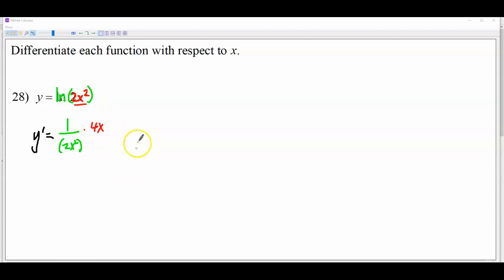And then we can go ahead and simplify this a little bit. First of all, 4 times 1 on the top is going to give me 4x over 2x squared. And then this reduces. The 2 goes into 4 twice, leaving 1 on the bottom. And the x goes into x squared, leaving x on the bottom. And so just reducing that, we end up with 2 over x is our final